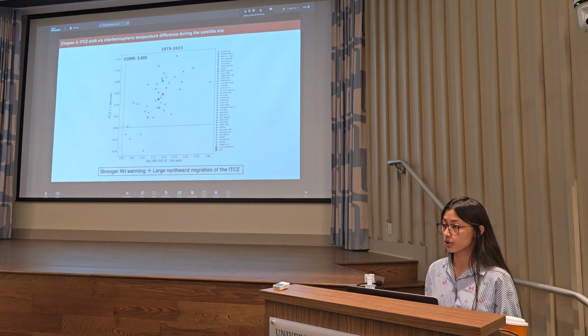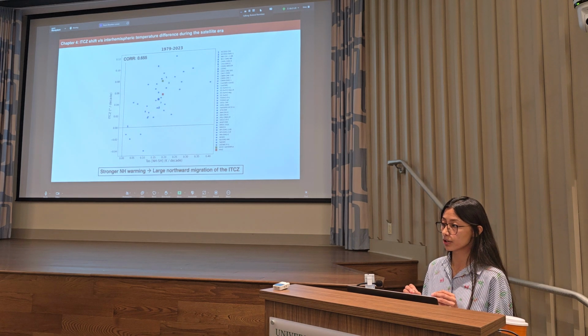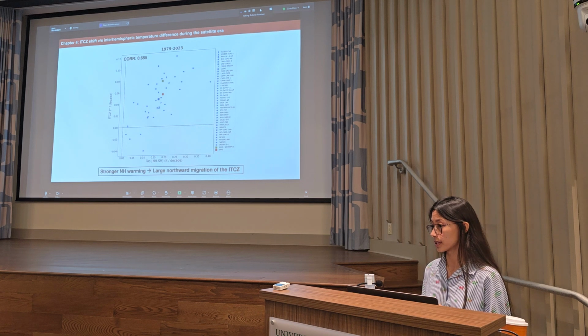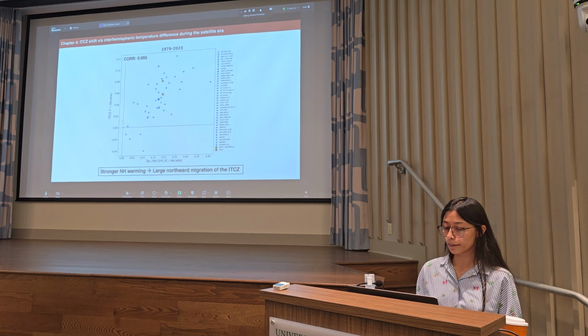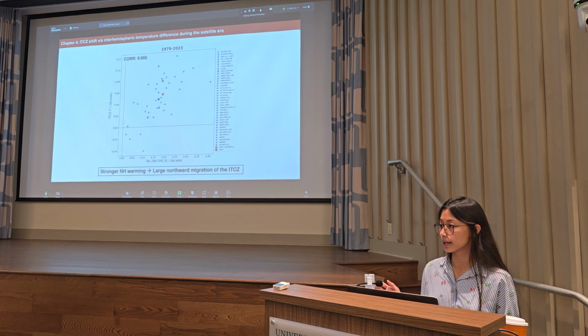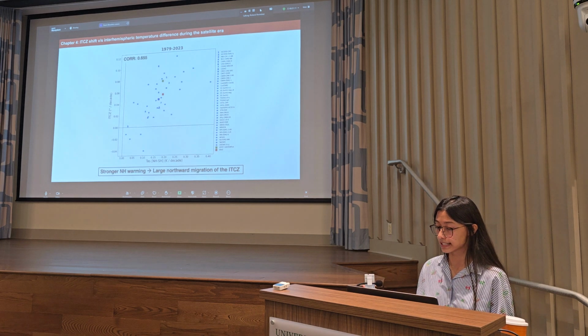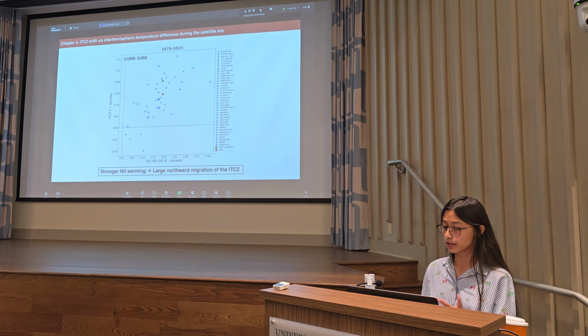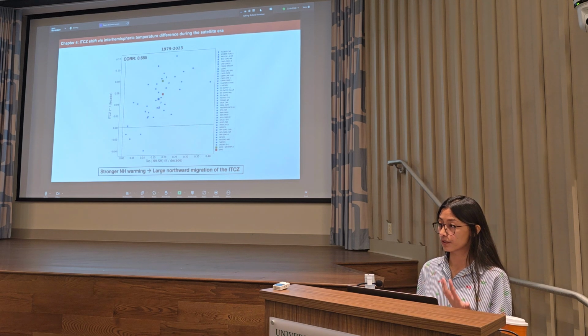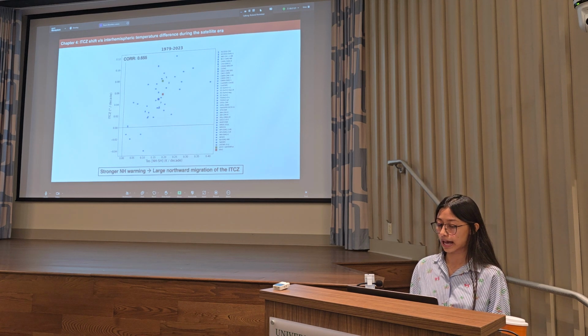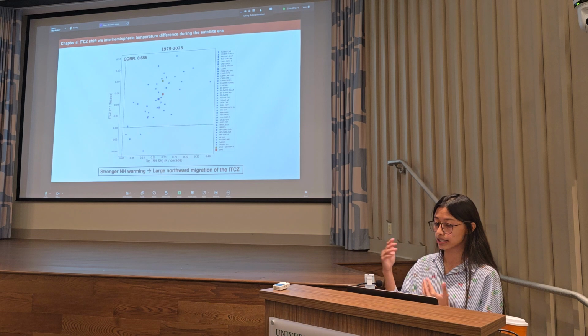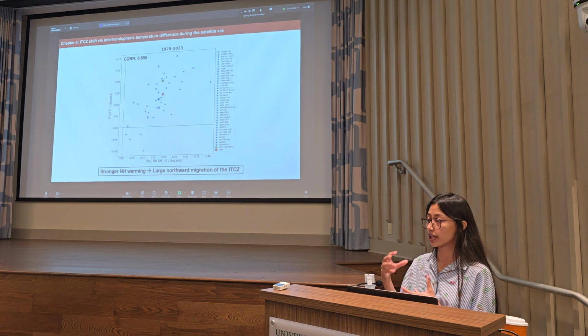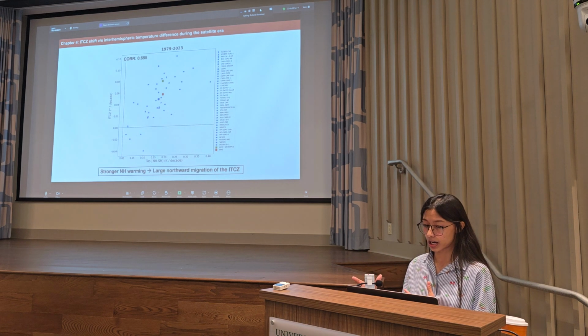We do find a very strong correlation, however, with these individual models' interhemispheric temperature difference, consistent with the energetic framework, where models with a stronger northward gradient of interhemispheric temperature have a larger northward migration of the ITCZ, also seen in our GPCP product for the green line and for the ERA5 reanalysis for the red line, which show that the ITCZ has migrated north, consistent with this observed relative warming of the northern hemisphere over this satellite era.